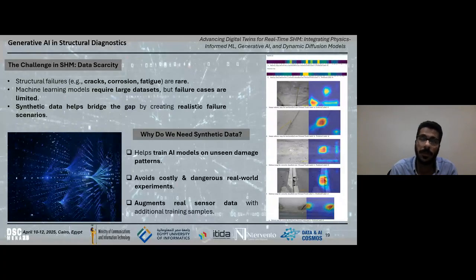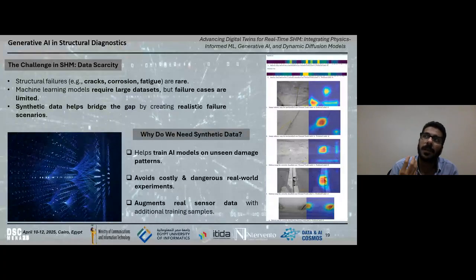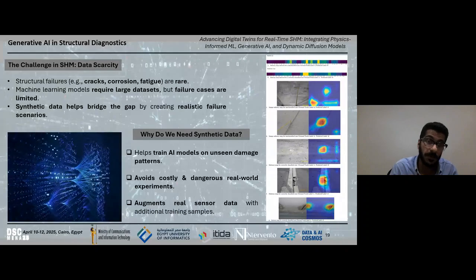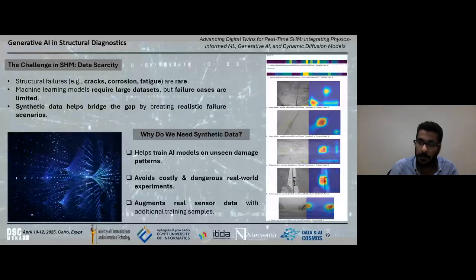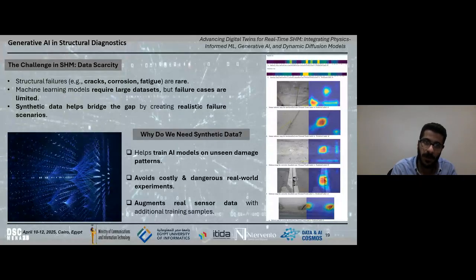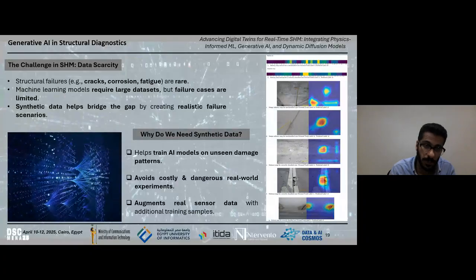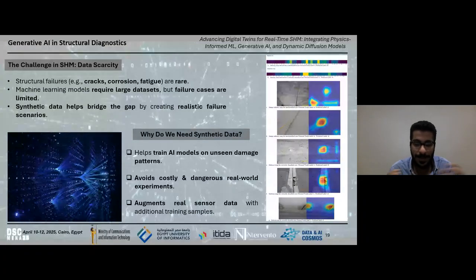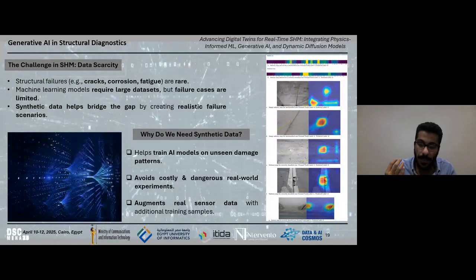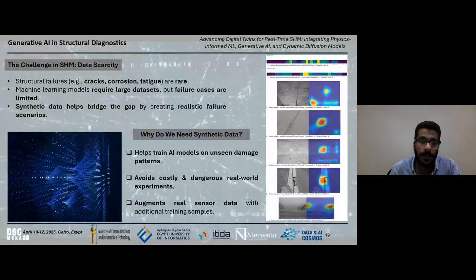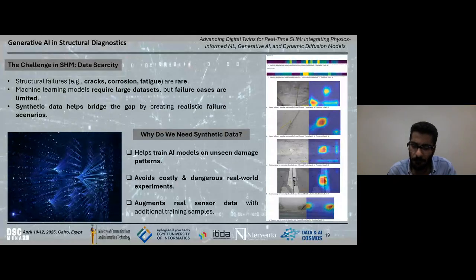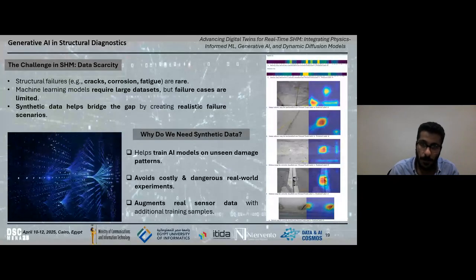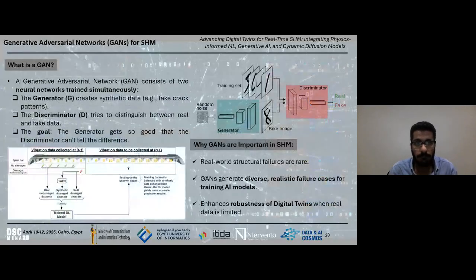Even if you introduce it artificially in your small-scale lab-based structure, you will not have a model which can predict any real behavior, any real failure due to unexpected or realistic failure scenarios. That's what generative artificial intelligence does for us. It links the gap between creating a realistic failure scenario and learning from the normal state of your structure.